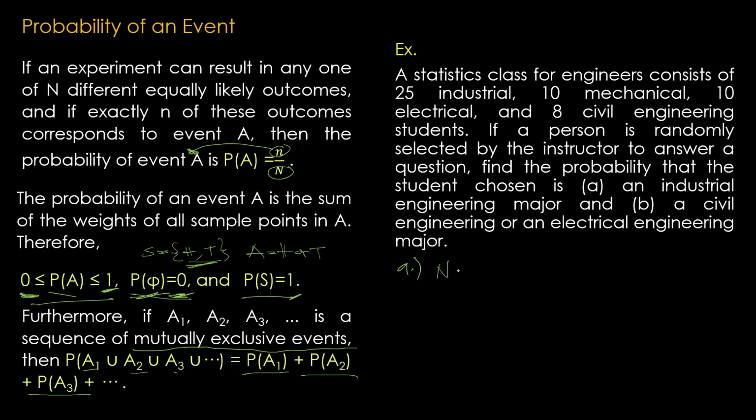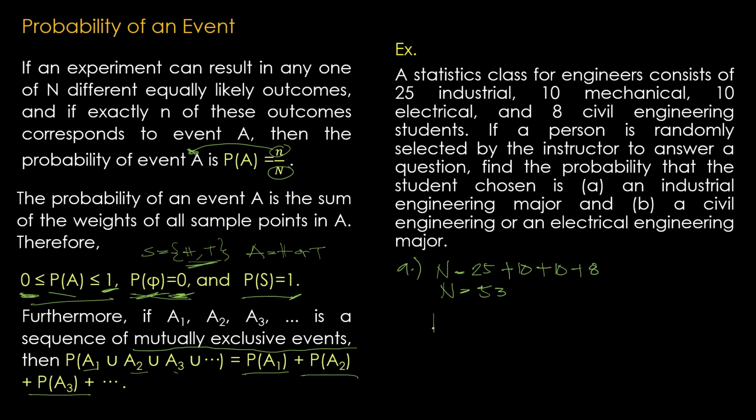So that is N, our big N. What is the total number of students? That would be 25 for industrial, 10 for mechanical, 10 for electrical, and 8 for civil engineering. The total of this is equal to 53. And for letter A, we are asked to find the probability of choosing an industrial engineering major